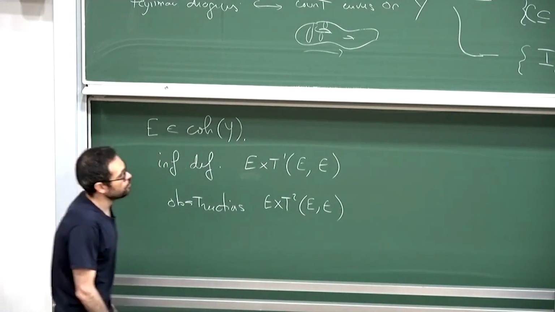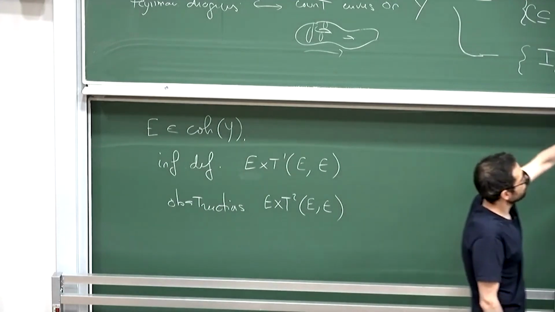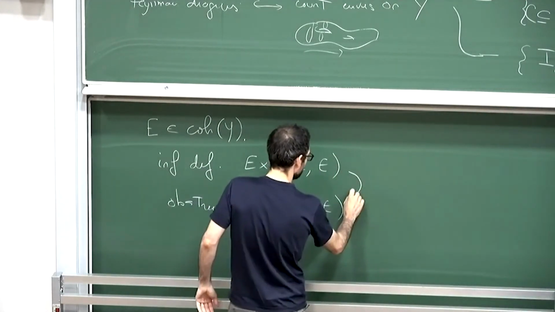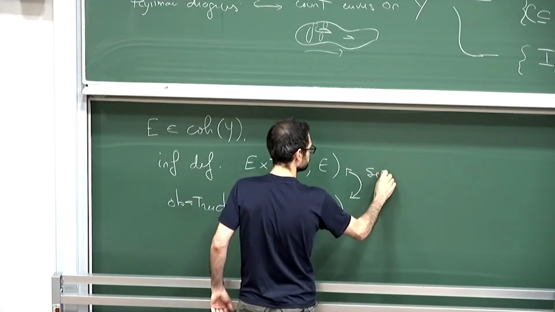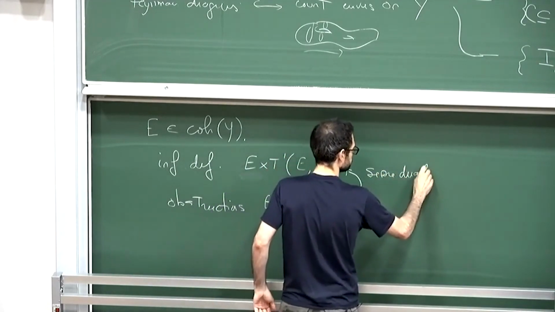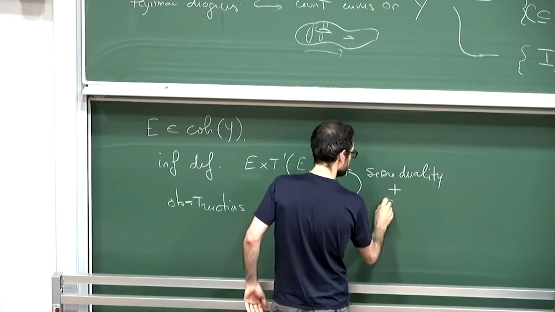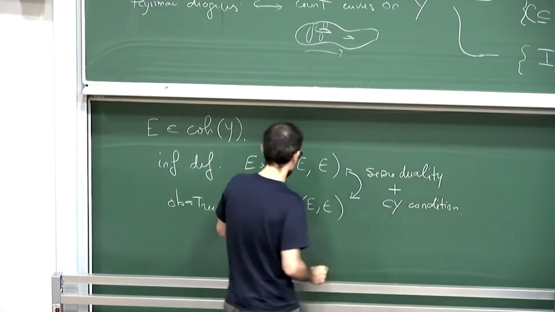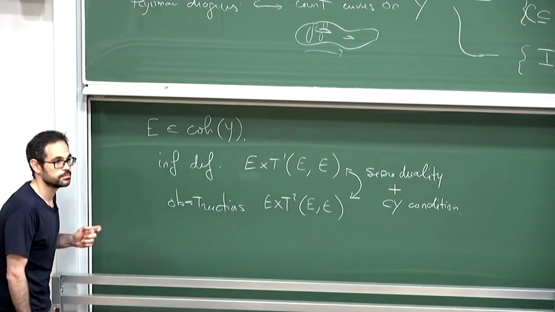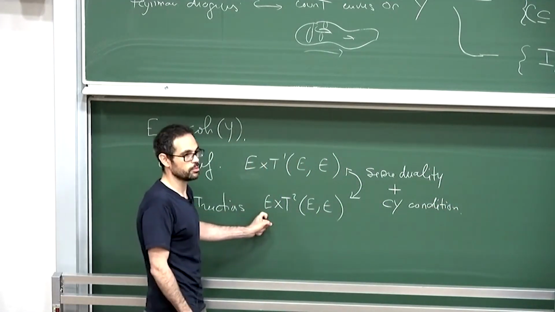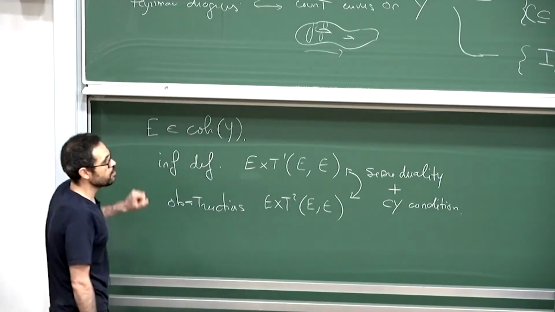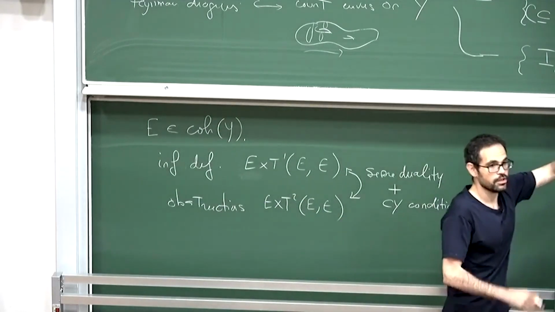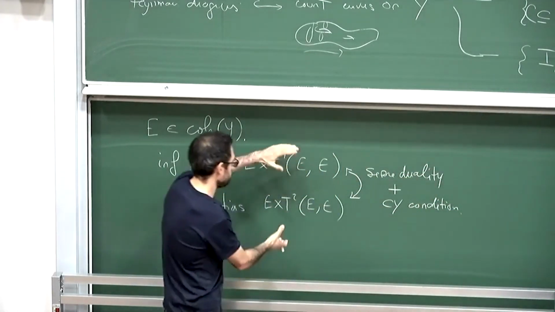And a nice feature of this moduli space in this particular Calabi case is that because of Serre duality, combined with the Calabi condition, these spaces are actually dual to each other. Okay? This one and this one will be dual. So I have an example of a moduli space whose deformation theory lives in 2 degrees, and there is a duality.